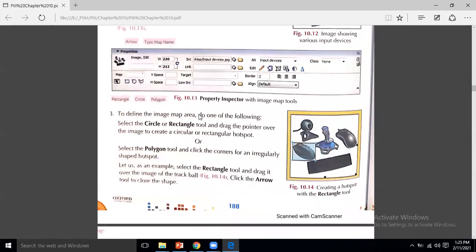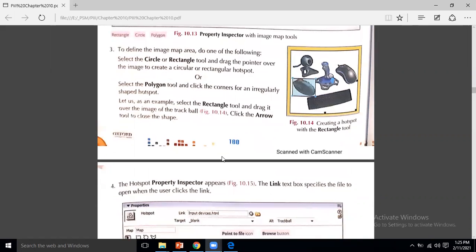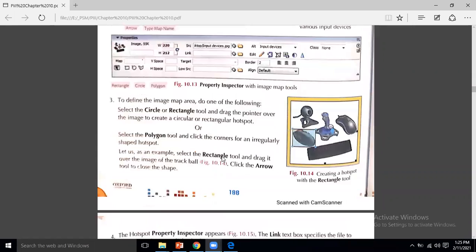So when we apply the hotspot, we set each and every portion with a different hyperlink. This is the case that we need to understand. And we had taken one example of a picture where some portions are there, and we can link each portion with a different website. That page may be our own web page available in our website, but it can also be a link outside our website, any other hyperlink over the internet. So we can do this.